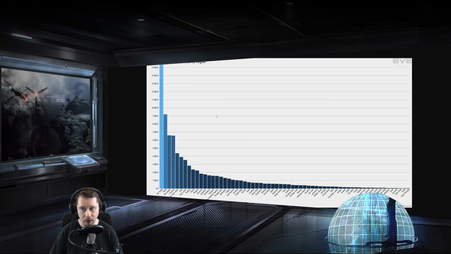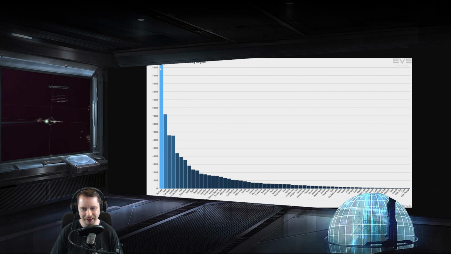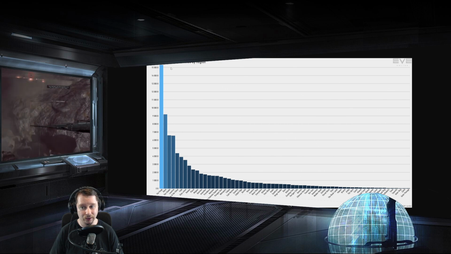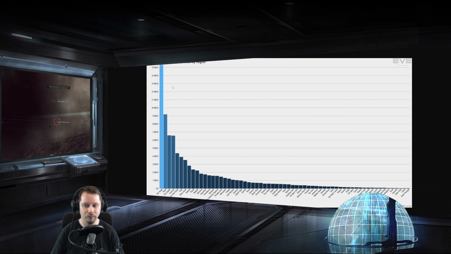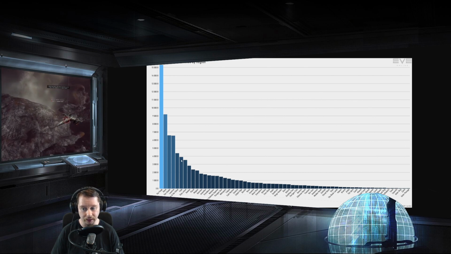Then we get total production by region. The Forge still number one, 15,000 billion, so that's Jita and around, of course. Then we get Delve number two. I think here that could become interesting to see how this number evolves as again we get the rebuilding of the Imperium. Then we get the Citadel right next to Jita, Lone Trek, and Veil of the Silent again doing quite nicely,